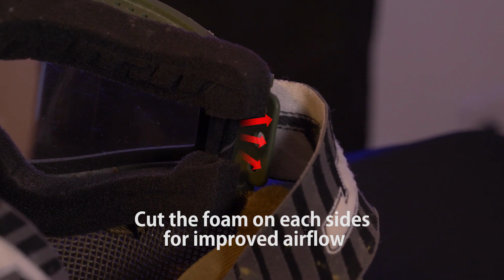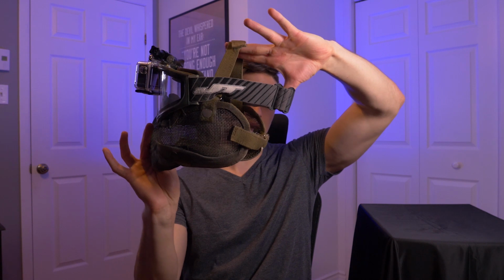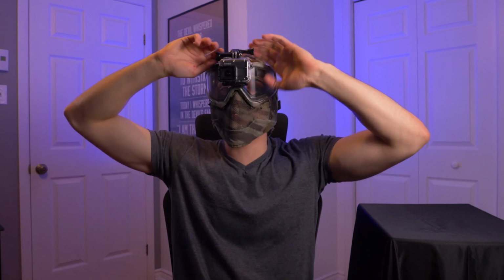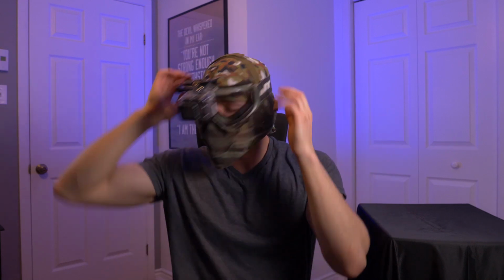After that, let's talk about how secure it is once on your head. 3 contact points in the back and on top of your head. This is exactly why this setup is so good for filming. And here you go. Once the camera is secure, if you have 3 contact points in the back